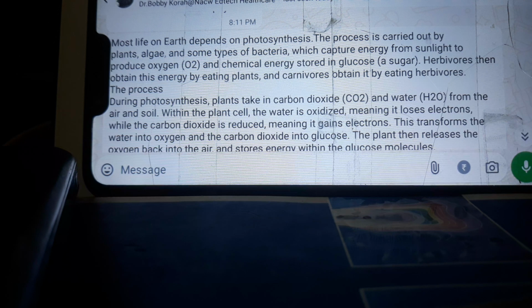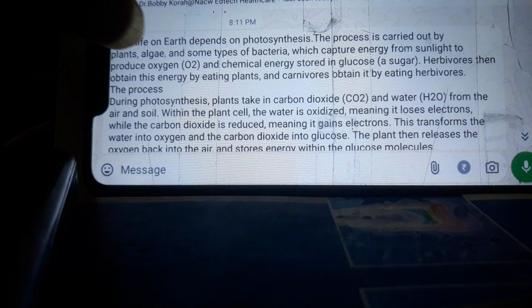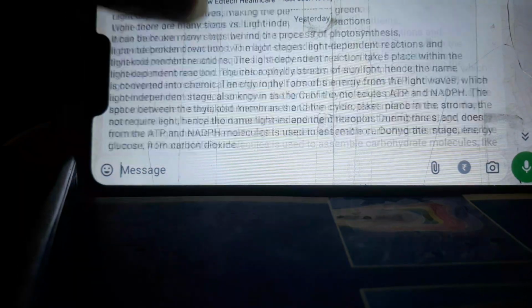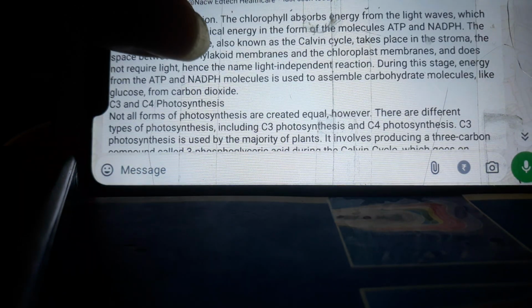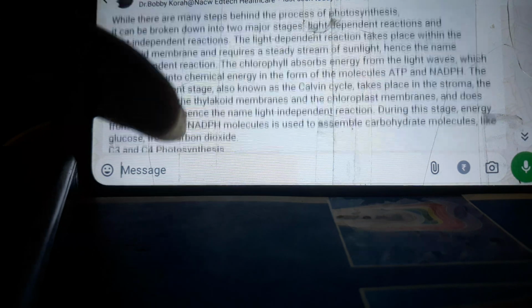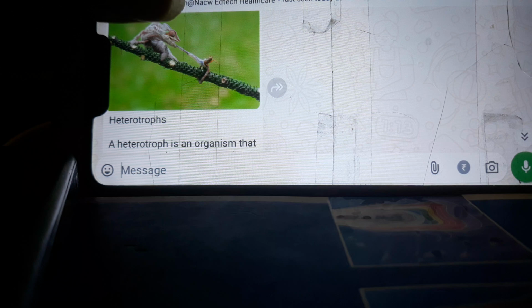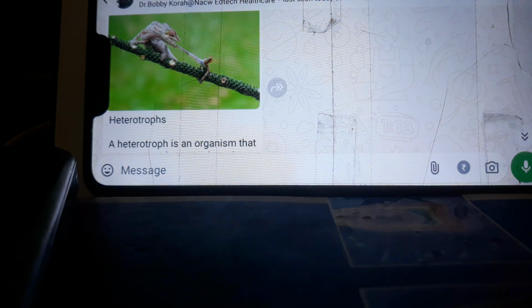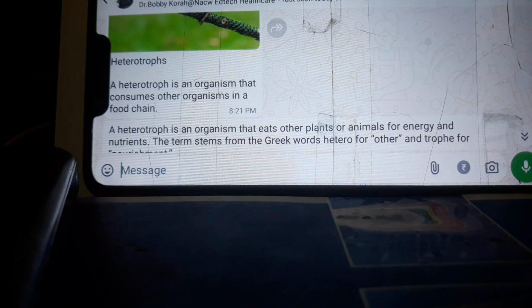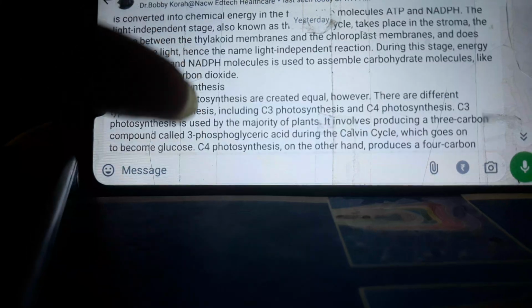So you have autotrophs, right, who make the food, and those like herbivores who basically consume it from the plants, and they are dependent. So basically we come out of the category of heterotrophs, right? Because a heterotroph is an organism that consumes other organisms in a food chain. So going back to the topic of photosynthesis,